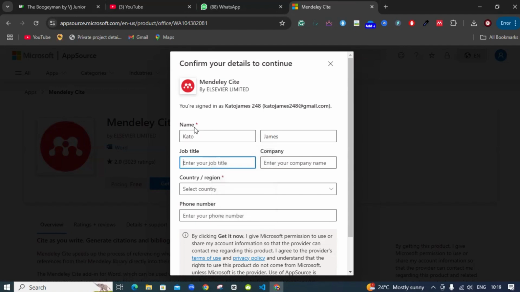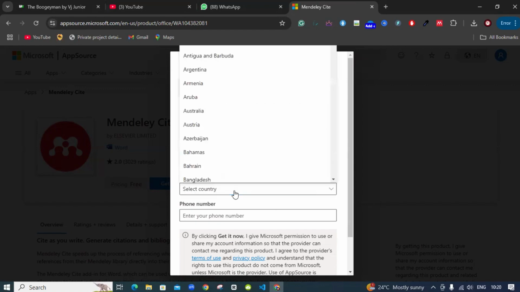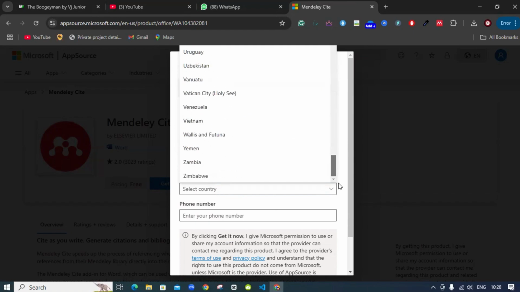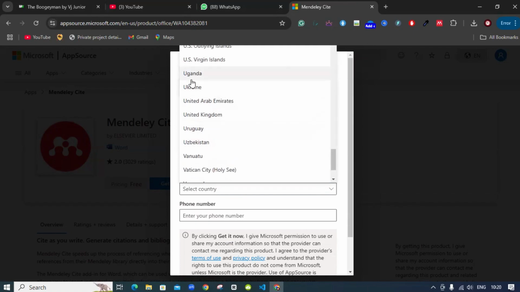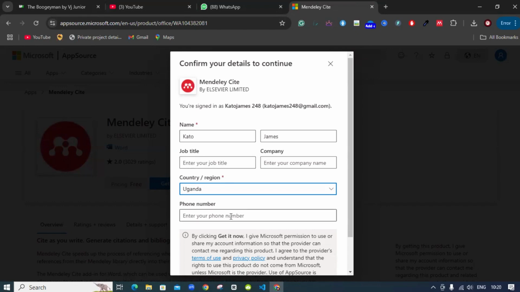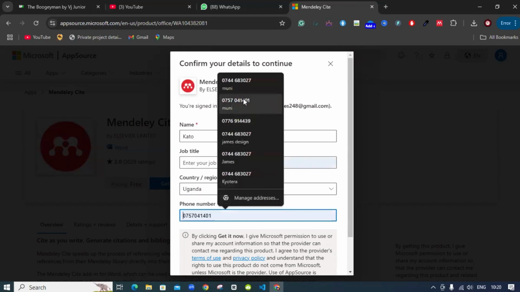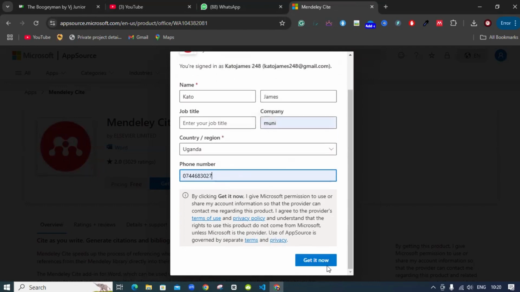Wherever you see this asterisk, it means that field is a must. So these ones I may not add because they are not required. So I'll just go to country and then select my country, which is Uganda. Or you can put any country you are in,